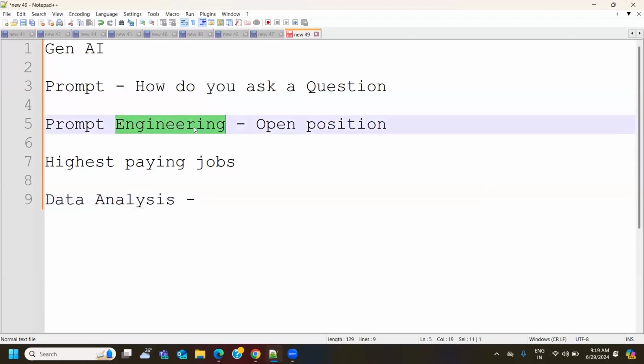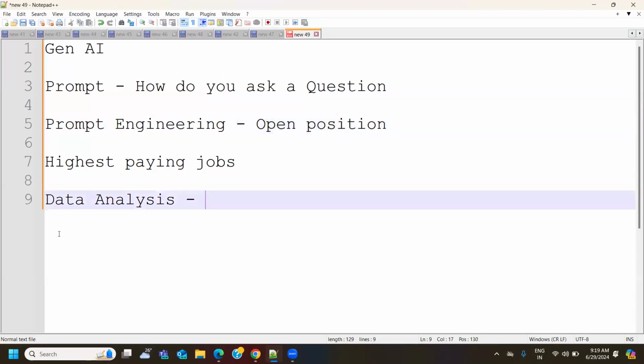Prompt engineering doesn't mean it is a separate field. No, it isn't a separate field. You can be part of any field, but how you are understanding and how you are prompting a question, that plays an important role. So that is where the importance in the current market lies. If you prompt your question precisely and ChatGPT is answering that question, your work would be reduced.